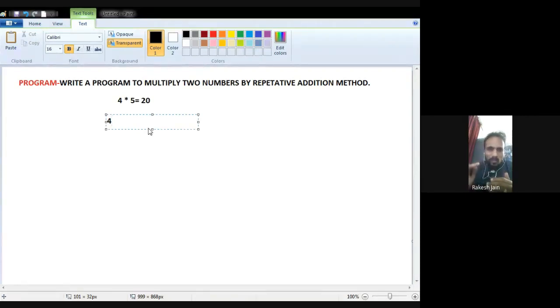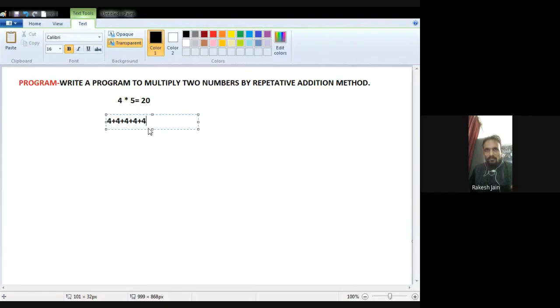Take any one number, say 4, and add it with itself a number of times equal to the second number. The second number is 5, so add the first number, 4, 5 times with itself.